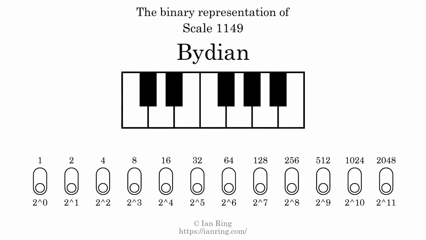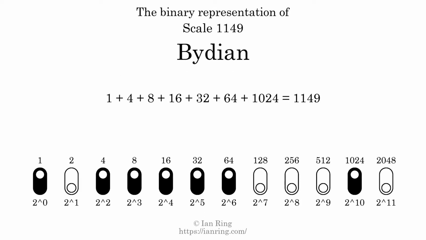The binary representation of this scale is determined by mapping tones of the scale to binary digits. Each binary digit represents a power of 2. To get the scale number, we add the powers of 2 together. The powers of 2 that are present in the scale, all added together, equals 1149. That is why the scale number, in decimal, is